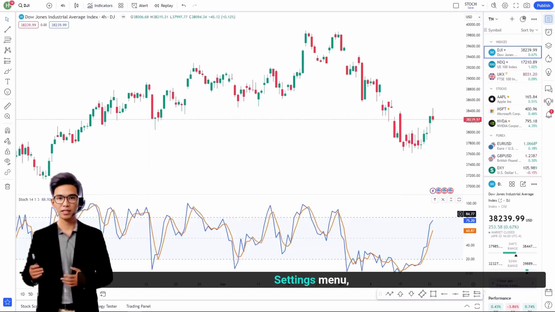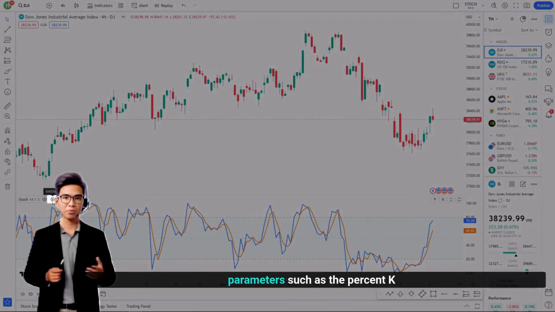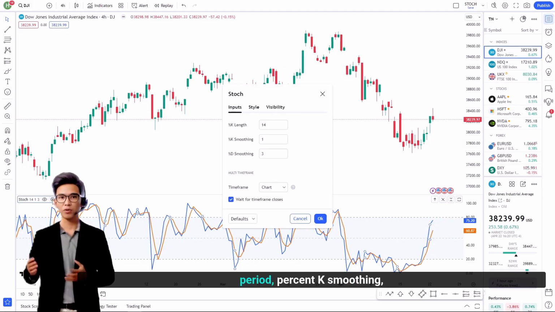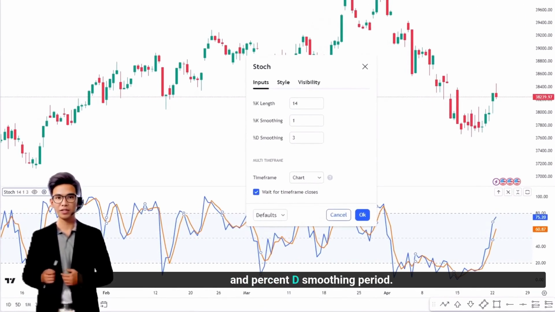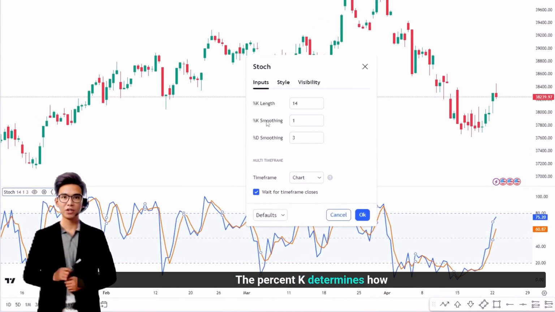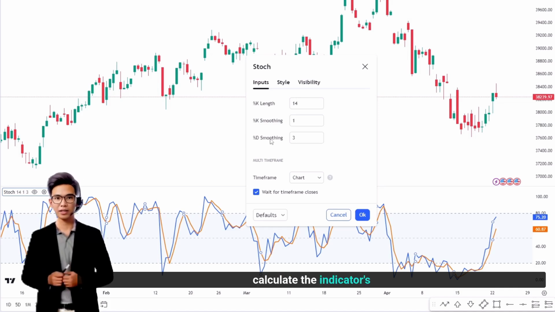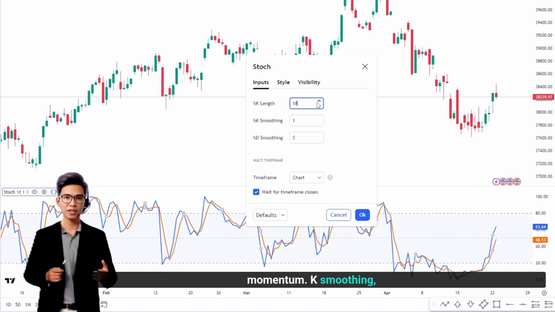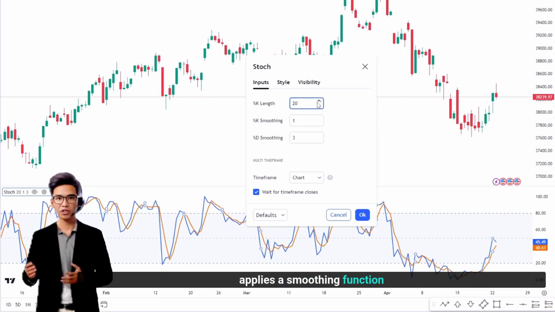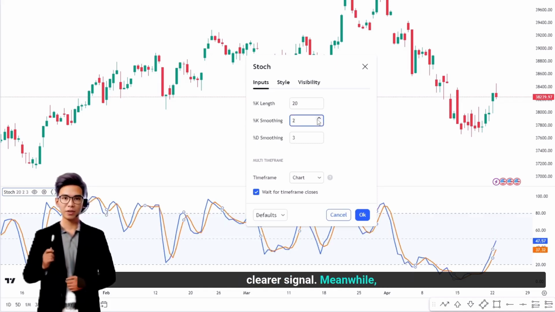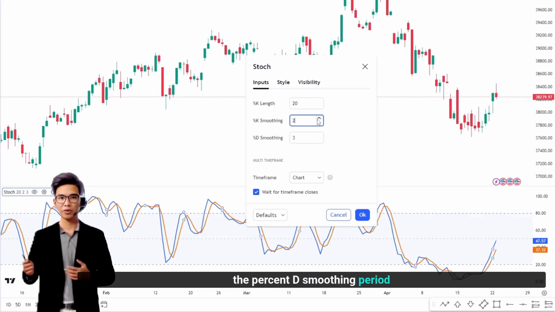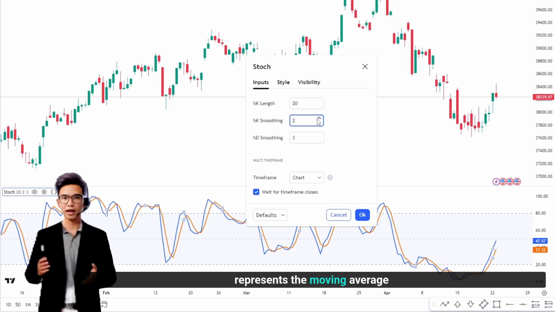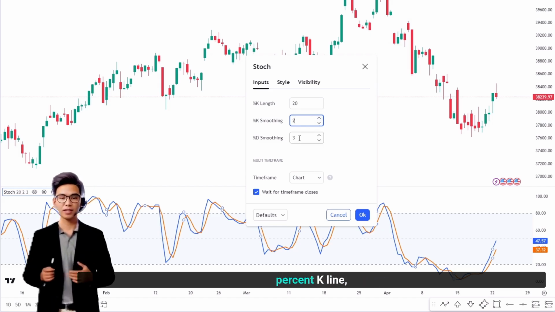By delving into the settings menu, traders can adjust key parameters such as the %K period, %K smoothing, and %D smoothing period. The %K period determines how many periods are used to calculate the indicator's fast line, illustrating short-term market momentum. %K smoothing, on the other hand, applies a smoothing function to the %K line, reducing noise and providing a clearer signal. Meanwhile, the %D smoothing period represents the moving average period applied to the %K line, further refining the indicator's